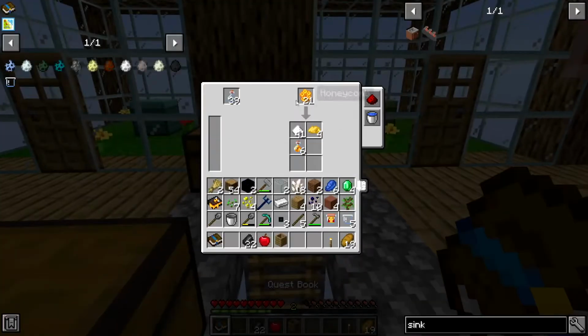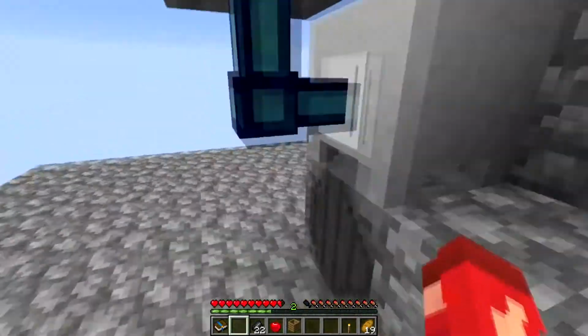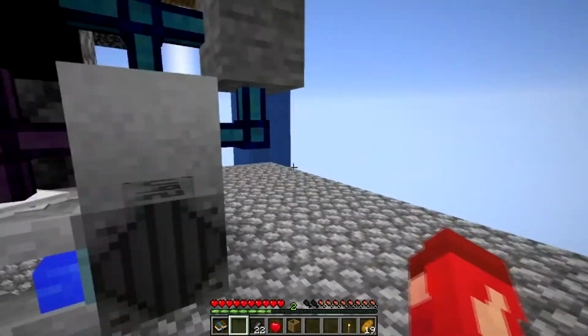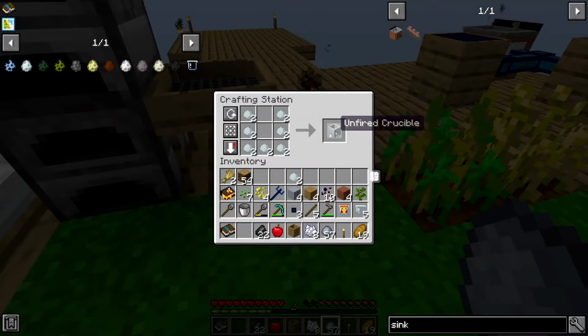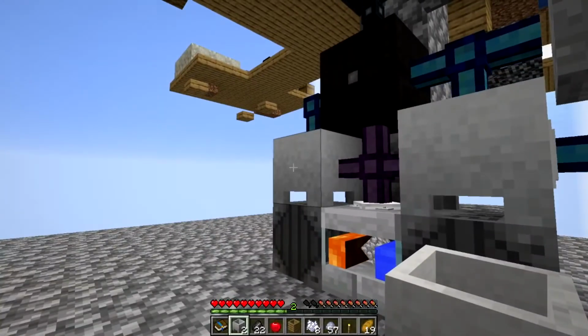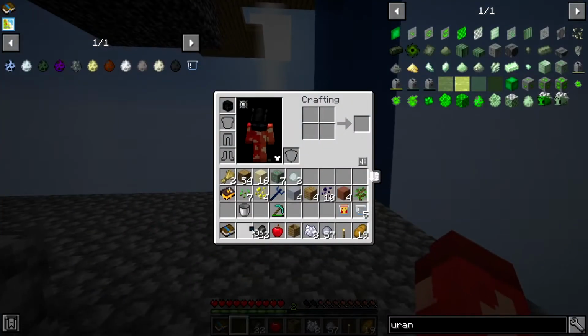Now, in order for us to be able to process the honeycombs more, we need just a bit more power. So to get that power, we're going to make some more crucibles. So we use our 16 porcelain, make 2 unfired crucibles, throw those there,